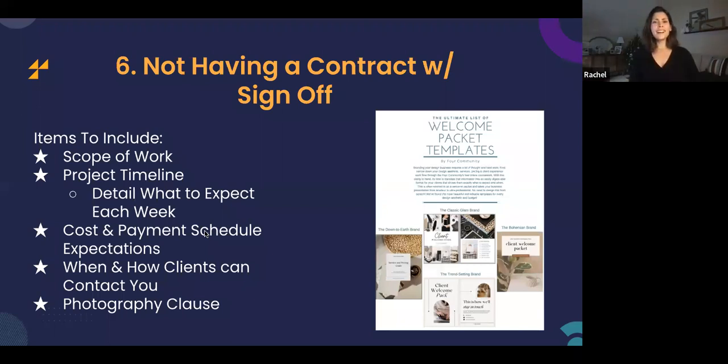And the clients were like, yeah, no problem, absolutely. And then the project comes to a close and the designer reaches out and they get totally ghosted by the client. And then they've done all this work and they have nothing to show for it in their portfolio. So I encourage you to have a photography clause that is signed off on.